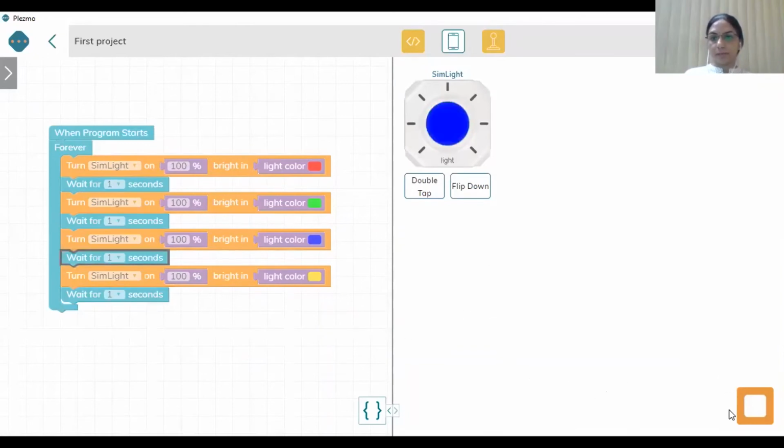Here comes the hardware part of the Plasmo kit. As I have shown you in the PPT also, there are almost seven elements: music, color, motion, distance, light, 2 motors and 1 display. This is a magnetic pad. You can see here, the elements are not moving. And how are they getting charged? There are 2 golden dots here, and on the pad there are also 2 golden dots. When these 2 overlap, then the charging starts. And this pad also gets charged when you connect it with the USB cable.